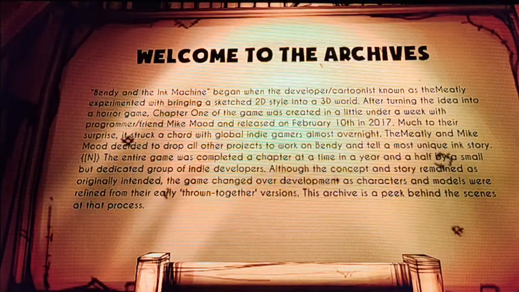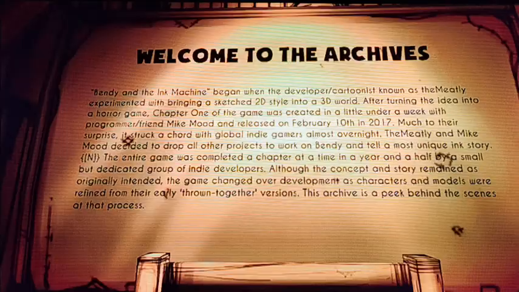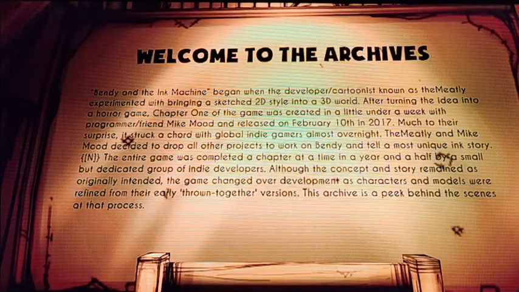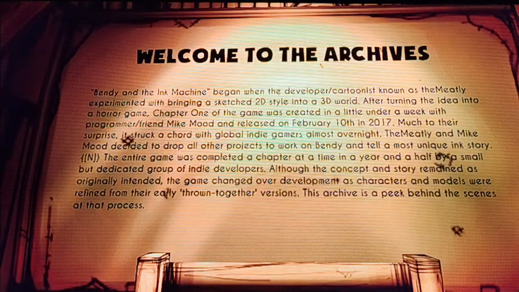Time flies by, man. Much to their surprise, it struck a chord with global indie game fans almost overnight. The Meatly and Mike Mudd decided to drop all their projects to work on Bendy and tell that unique Ink story.